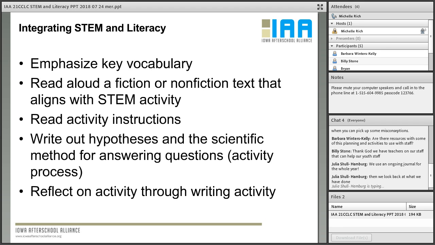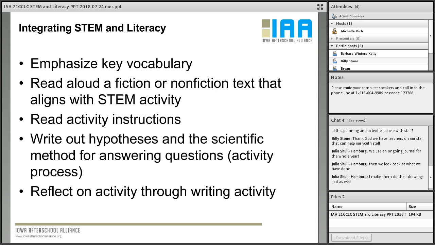So thinking about what's appropriate for age, and then using that to create IDing the words or spelling lessons based on what vocabulary is coming up in the STEM